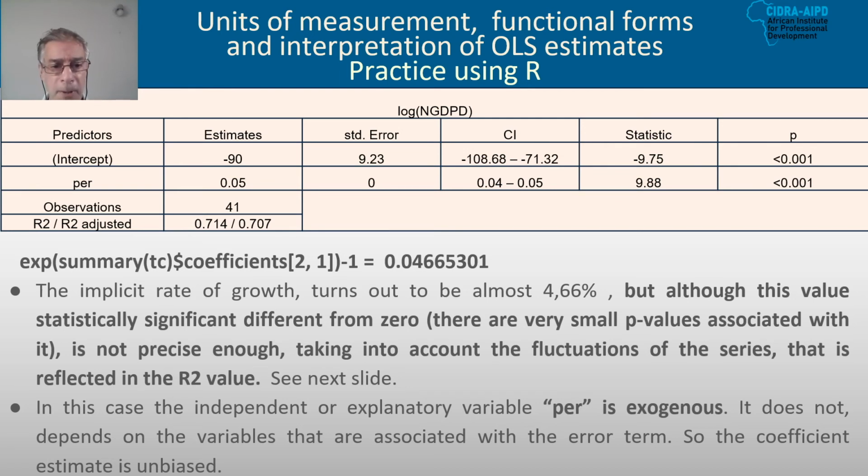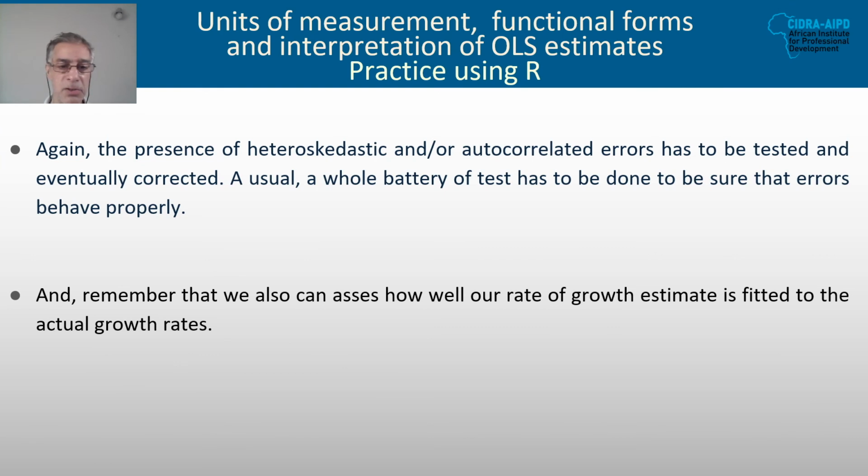Remember that period is an exceptional variable because it is simply a sequence of numbers. So we don't have the problem here of biased estimation. We have to check for the good behavior of the errors again, as you always have to do. And